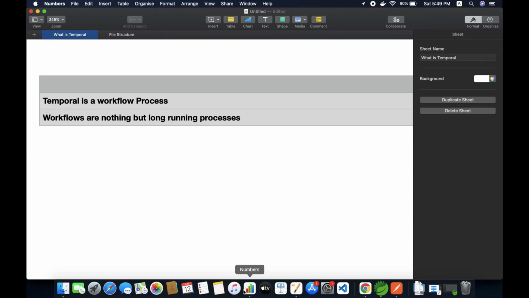For example, this is a whole long running process that starts right from you, where you are the one creating the order, and then certain signals will be passed. Let's say signals like order has been confirmed, then your delivery executive is on the way to pick up your order, delivery executive has picked up your order, on the way, and delivered. These kinds of signals are necessary for completing this workflow. So in basic, we can say Temporal is a workflow process, and a workflow is a long running process.